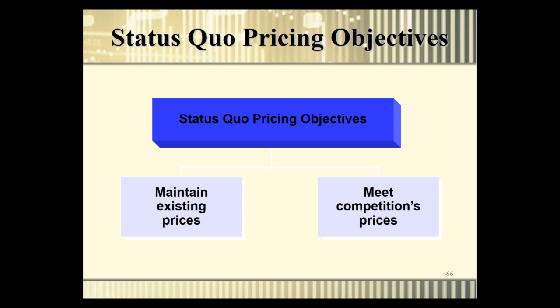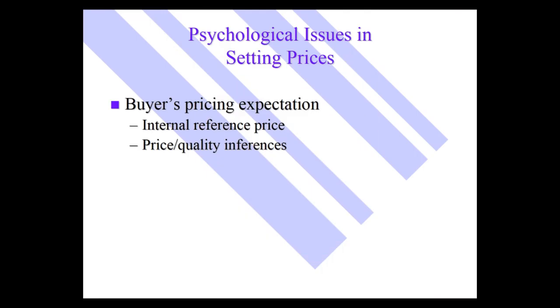A great example of that is in the beverage industry. Coke and Pepsi are always priced the same way. If Coke makes a pricing move, Pepsi almost always immediately follows. This is also very common in the airline industry. If you look at airline fares between competitors going between two cities, they almost always have the exact same fare. If you see that one is clearly the price leader, when they make a move, oftentimes the other competitors make that move as well. So those are the three major kinds of strategies: skimming, penetration, and status quo.